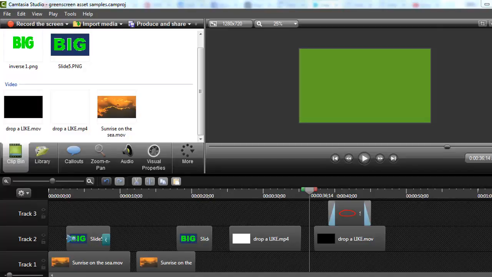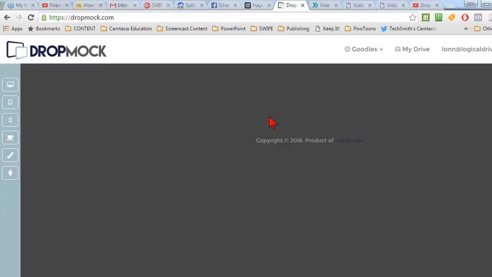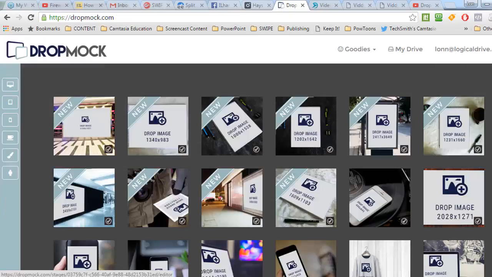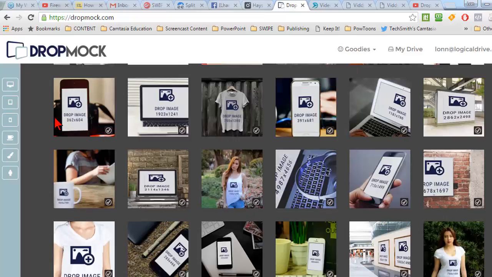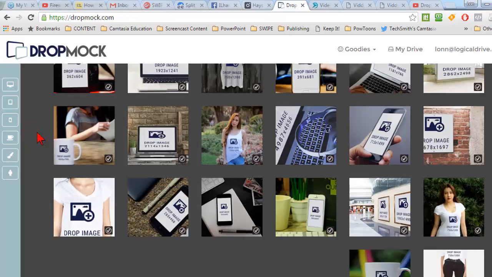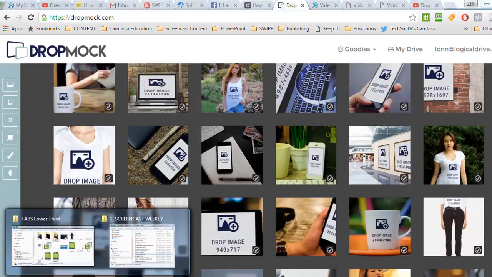Is DropMock all watermarked on the output files? No, there's no watermarks. Well, I noticed they added a bunch of new ones too since last week. You can do some weird kind of things like put images on t-shirts. Really depends on the image. And I created a couple of coffee cups and stuff like that. In fact, where's one of